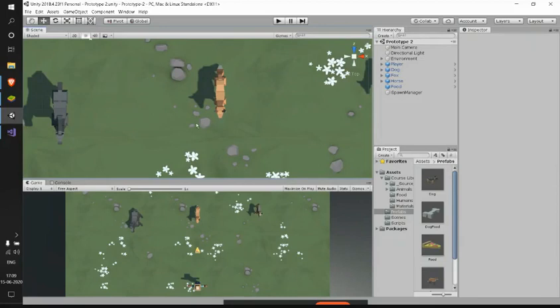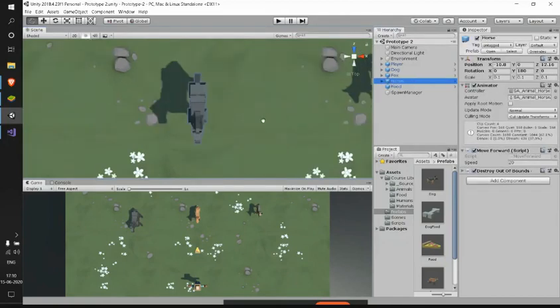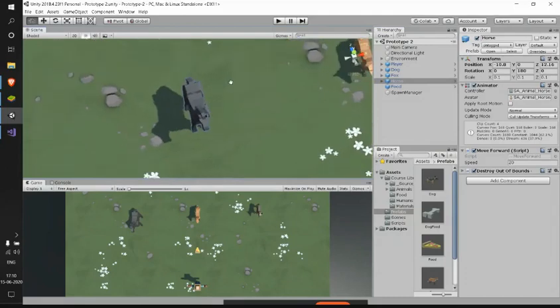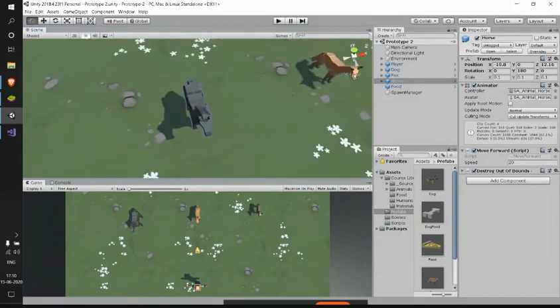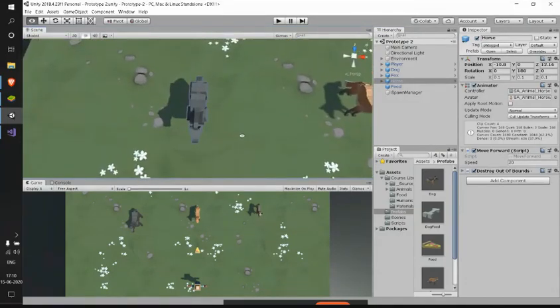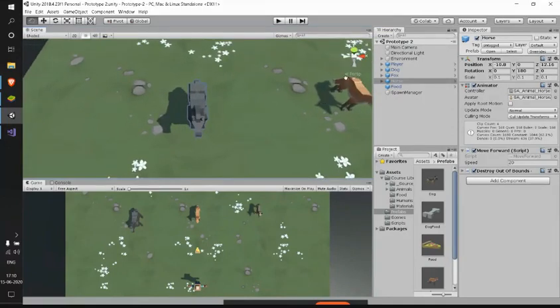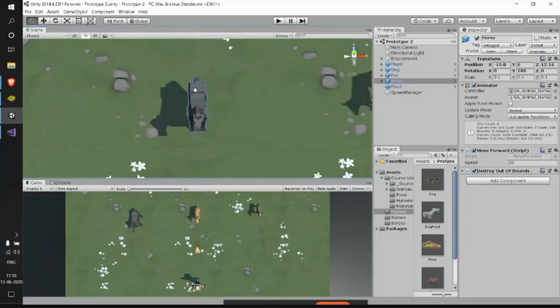So let me focus on a particular animal, say that can be horse. So we have our horse here, and just see the difference. Whenever we have this particular perspective view, we'll be able to see the 3D detail, whereas in isometric view, it looks kind of flat.